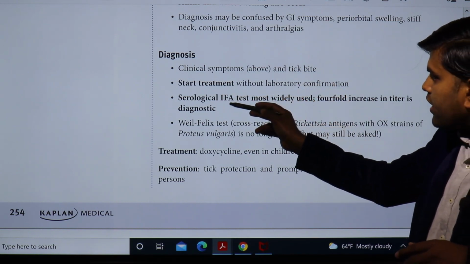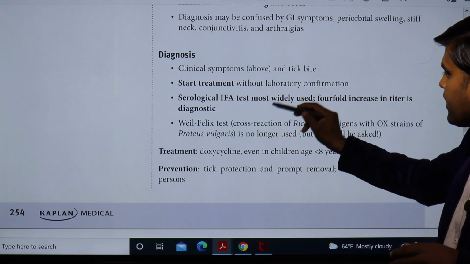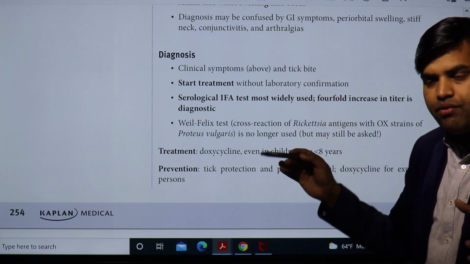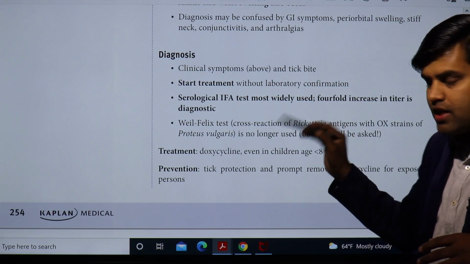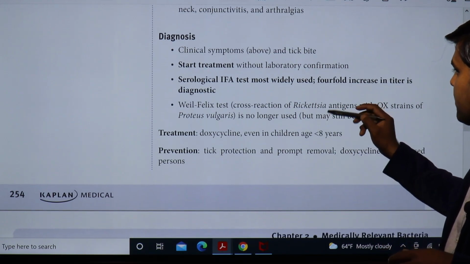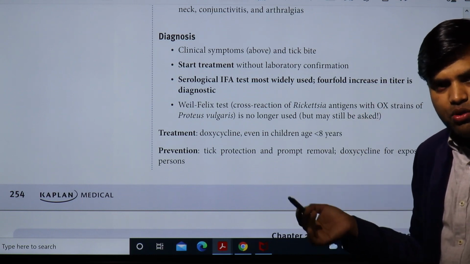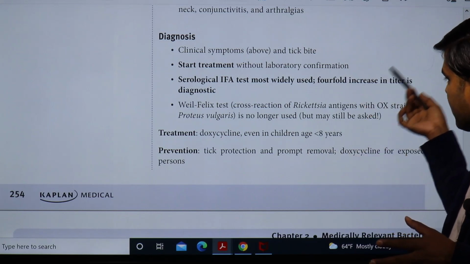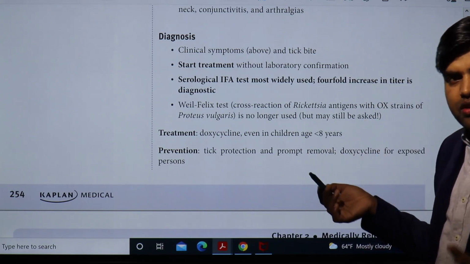The serological test, that is indirect fluorescence assay, is widely used. The most commonly used everywhere, including the United States of America, is serological, that is indirect fluorescence assay. That is important, immunofluorescence assay. Fourfold rise in titer is diagnostic. So what will be the most diagnostic? Serological IFA will be the diagnostic one. And if we are able to demonstrate the fourfold increase in the antibody titer, then we understand,